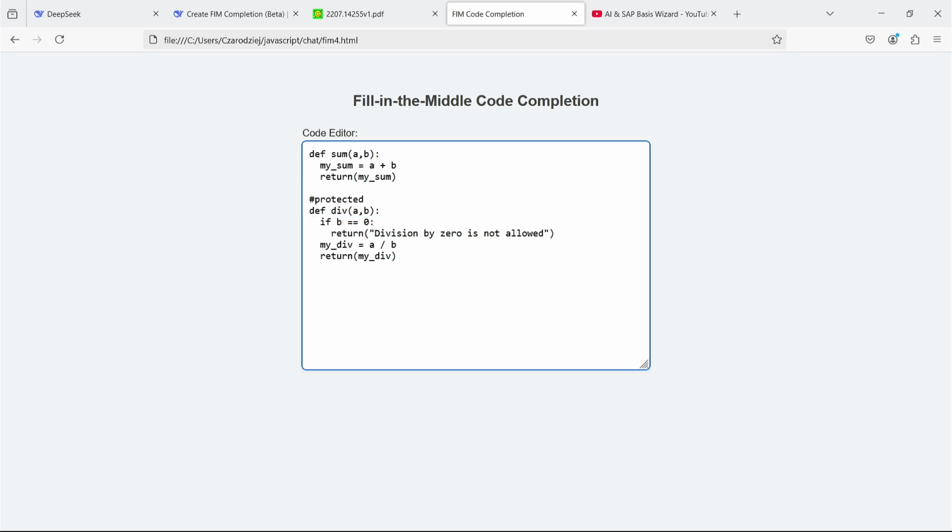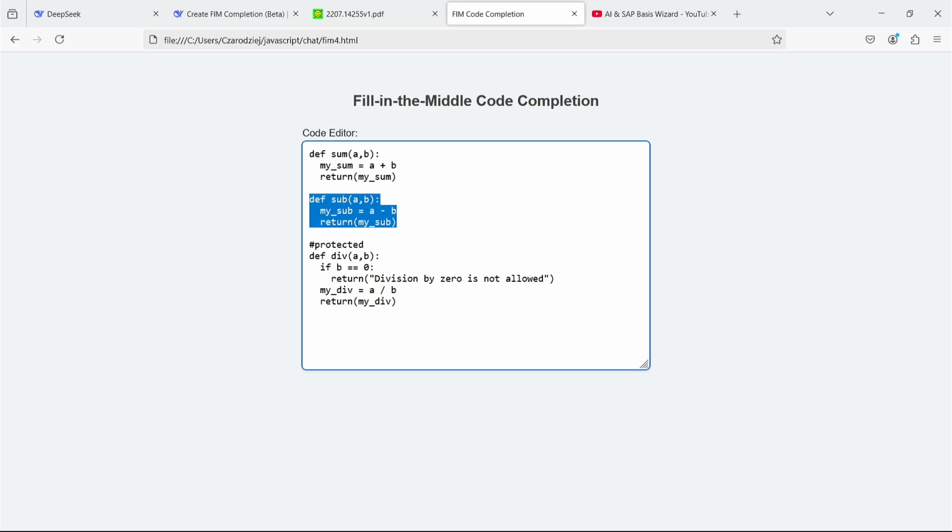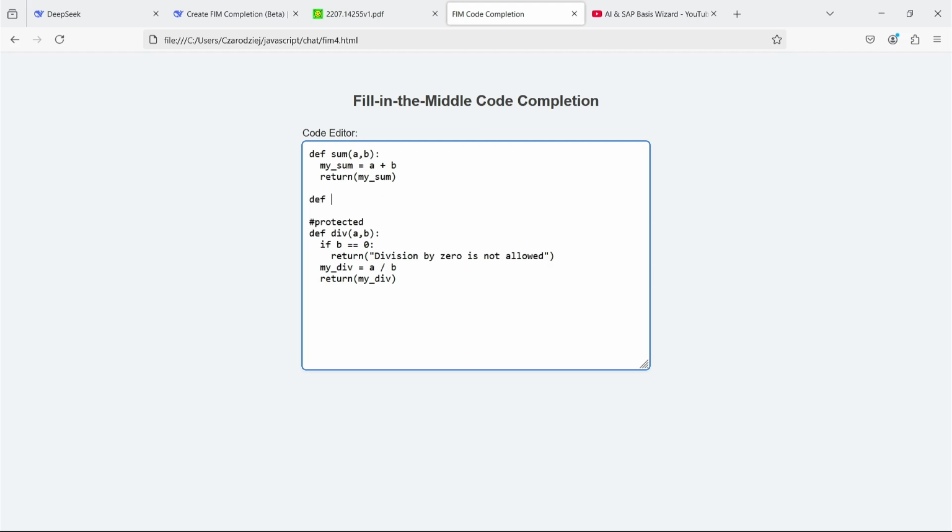And now we will check something else. I will place the cursor in an empty space and see if the AI will be able to guess from the existing function scheme what function I might want to define next. Bravo! That's exactly what we aimed for. We have a function responsible for subtraction and additionally fully consistent with the previously used naming of functions and variables. However, if I start typing something, I will remove that suggestion. I'm defining multiplication now, and we'll see if the suggestion will be just as good.